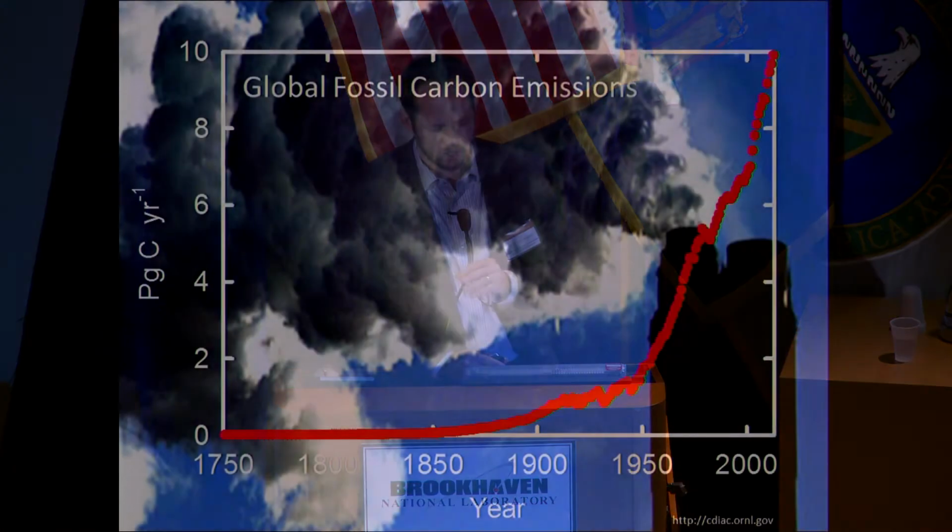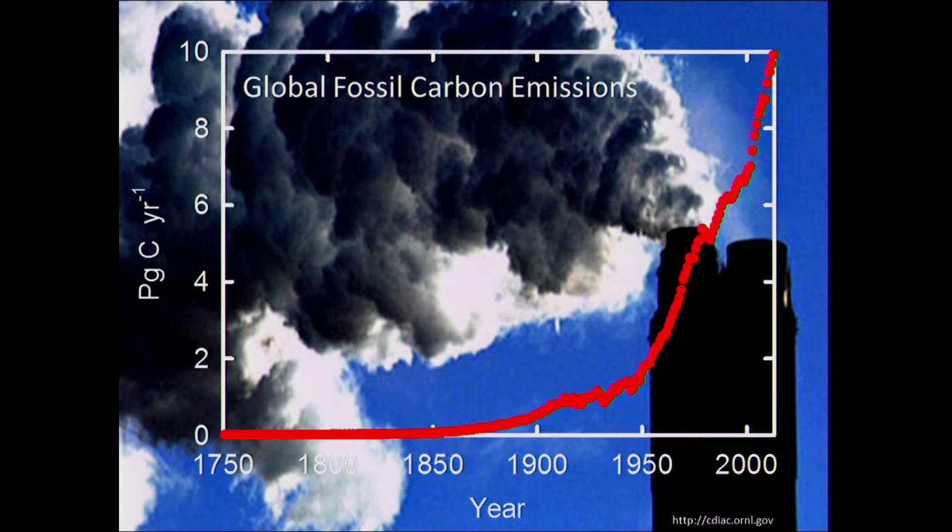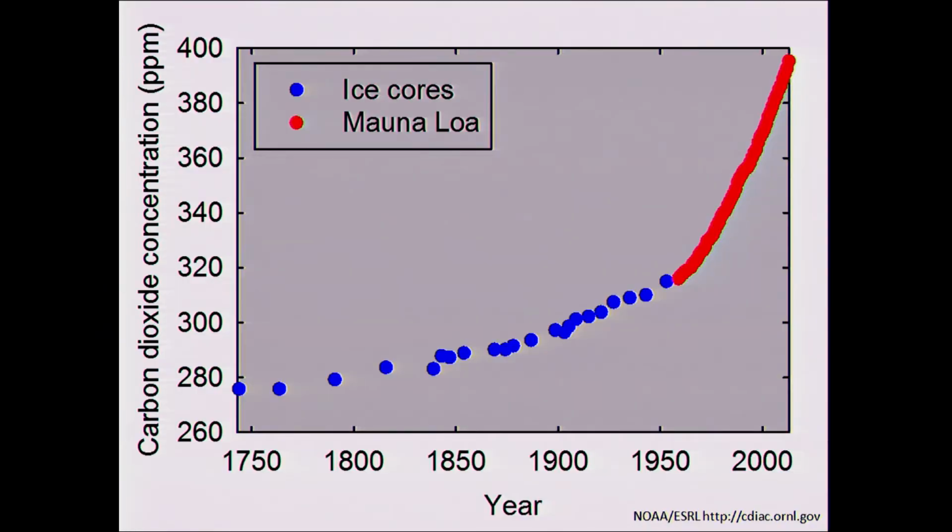Current numbers suggest that we're putting about 10 petagrams or 10 gigatons of carbon into the atmosphere every year in terms of fossil carbon fuel emissions. And these have risen steadily since the beginning of the Industrial Revolution. This has translated into a rise in the atmospheric carbon dioxide concentration as measured by the classic data set of Dave Keeling, which started in the late 60s, and also by popping bubbles in ice cores, which allow you to go back to the start of the Industrial Revolution and much further and measure the CO2 concentration in gas trapped